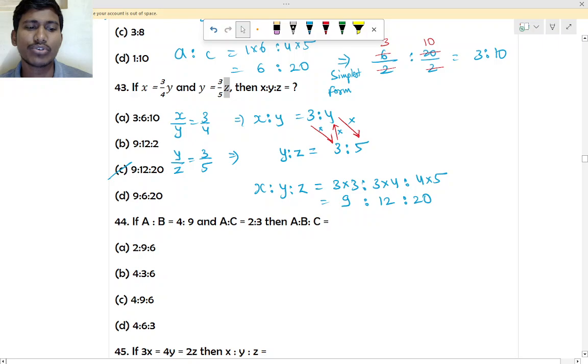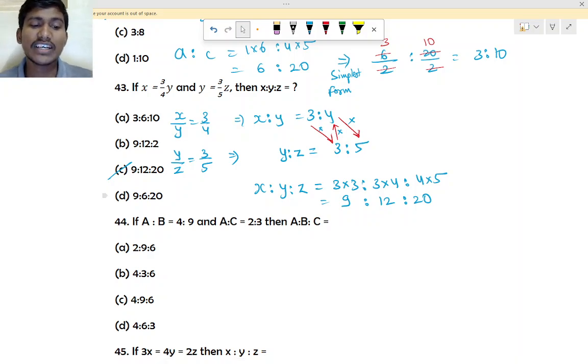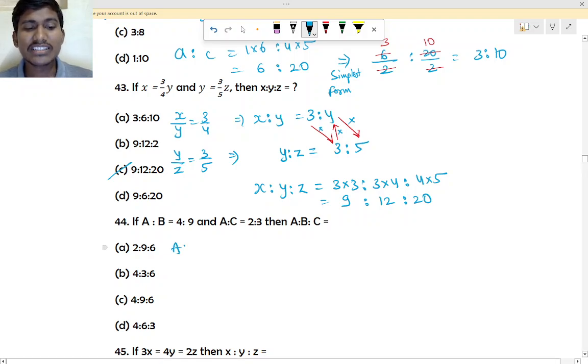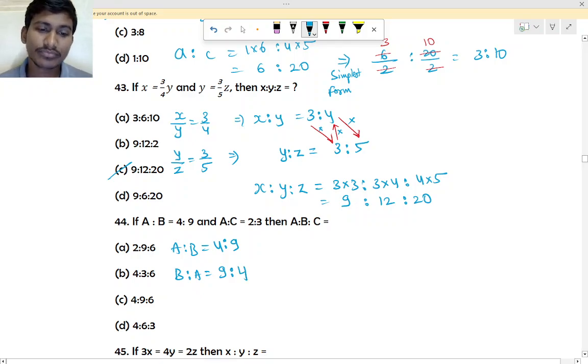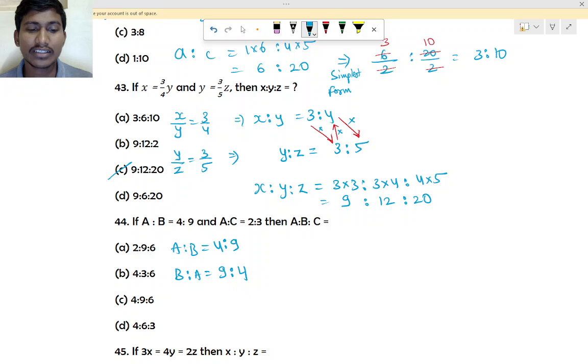Next is 44. 44 is very easy. If A is to B is 4 is to 9, A is to C is 2 is to 3, A, B, C we have to find. Which is same here? A is same. That we have to write in the center. Okay, we have to write in the center. Don't be confused. So here A is to B is 4 is to 9. Now B is to A will be how much? Yes, reverse. 9 is to 4. And then second one is how much? A is to